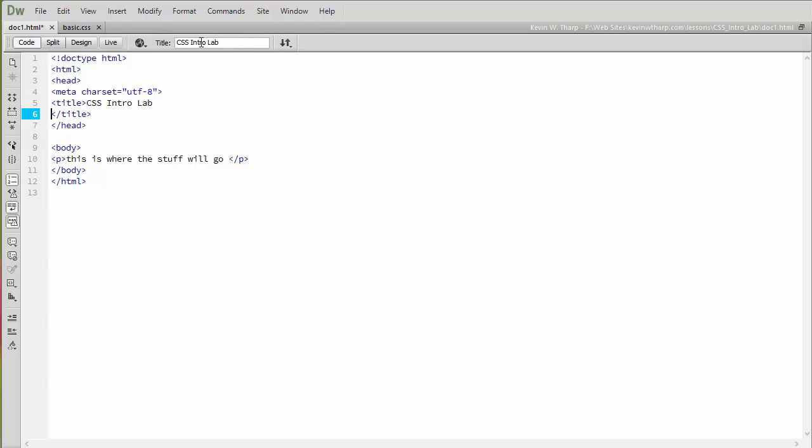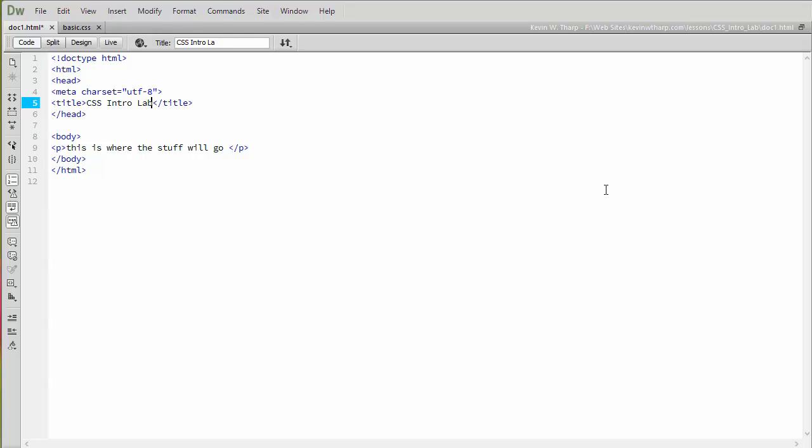Now you'll notice that it shows up in this particular software. This title tag is used for what's going to show up in the browser in the top window. It's also going to be the thing that shows up when you get a search engine search result that shows your page. So that's a really important thing to have in there. It should be related to whatever is in that page, and it should be unique to that page. You shouldn't use the same title tag for all of your pages,